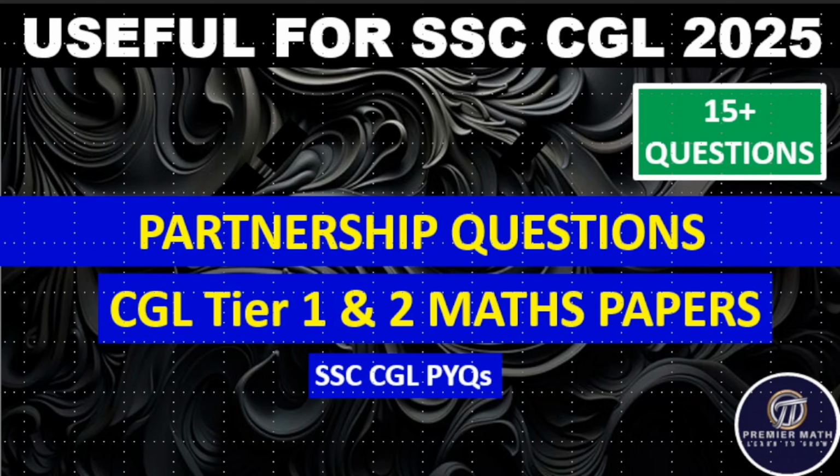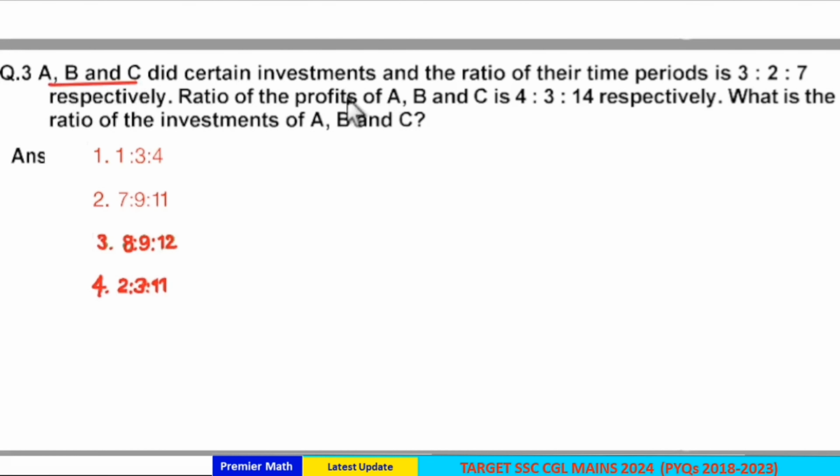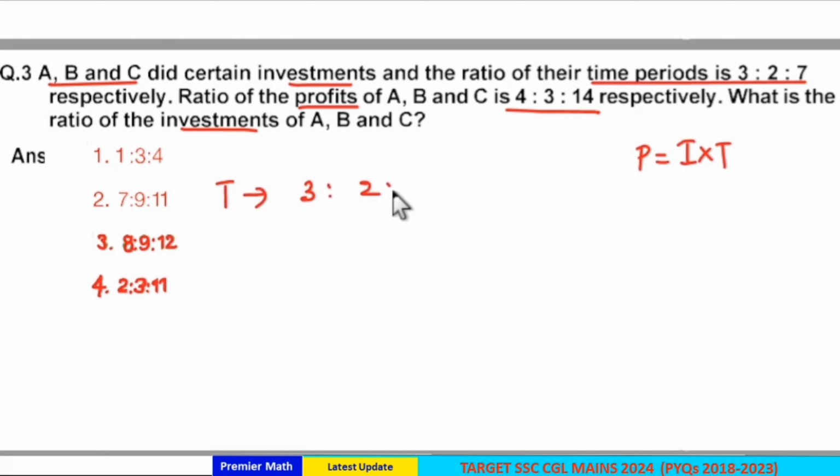Our first question is: A, B and C did certain investment and the ratio of their time period is 3:2:7. The ratio of profits of A, B and C is 4:3:14. What is the ratio of investment of A, B and C? Here profit is equal to investment into time. Here the time ratio is 3:2:7 for A, B and C, and the profit ratio is